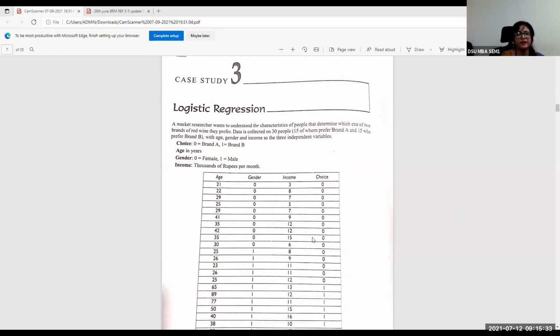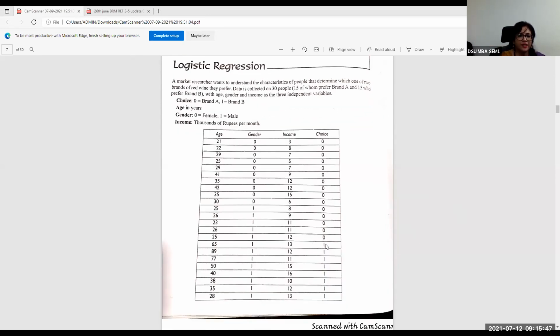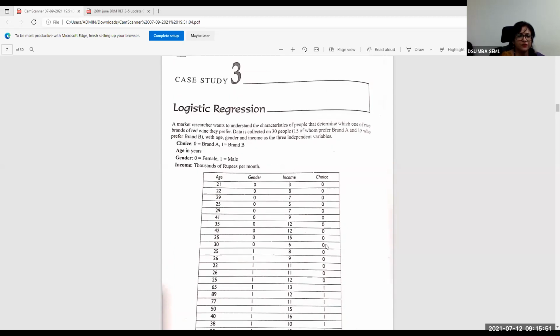So in this case, certain characteristics of the customer are given as part of the data, and the purpose is to find out whether a certain customer is likely, what is the probability that a customer will choose a brand. Probability of choosing a brand, right? So the gender wise data is given. Gender is coded as 0 for female and 1 for male. Income is coded with continuous values. The age is also on a continuous scale, that is actual age. And the choice is either 0 or 1.